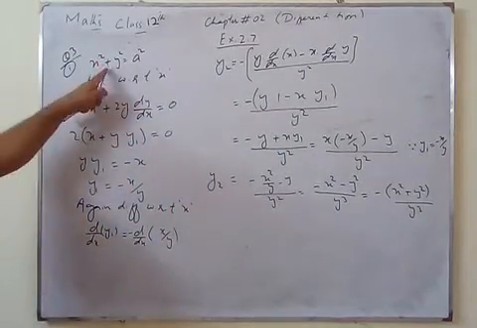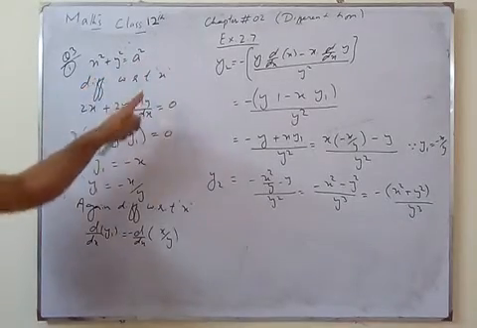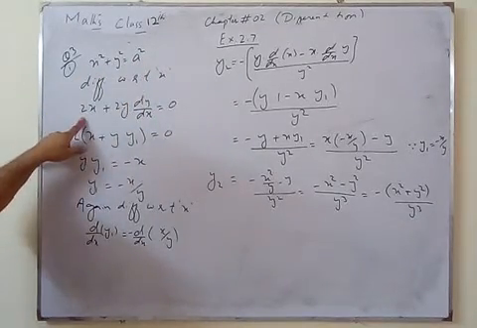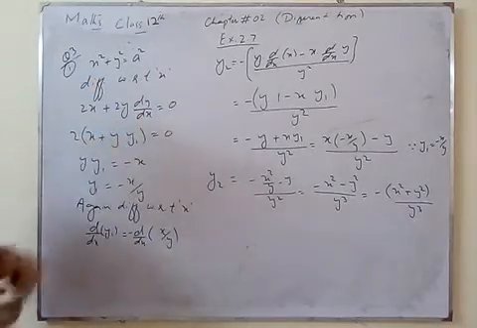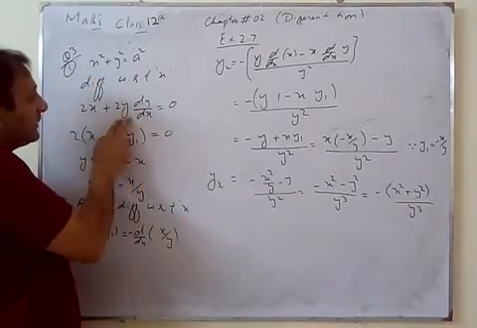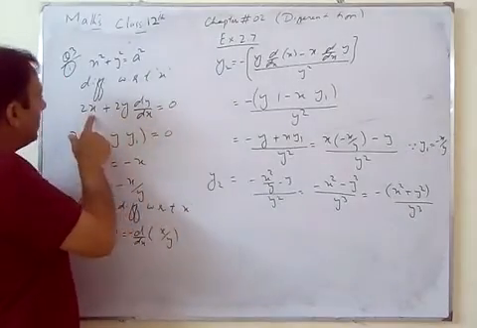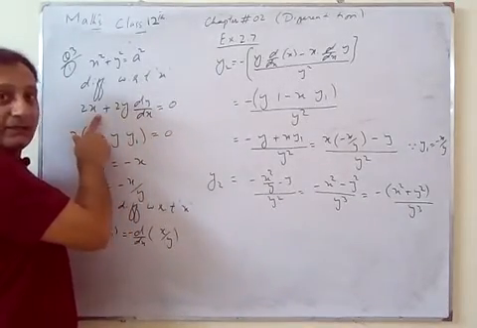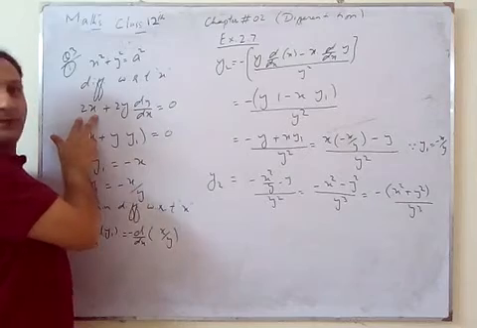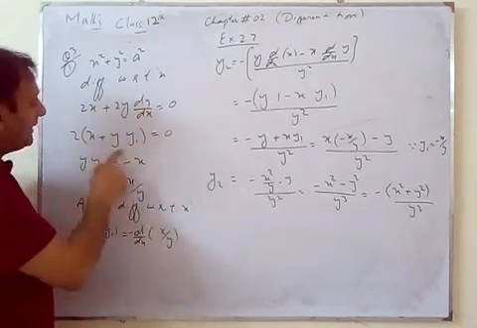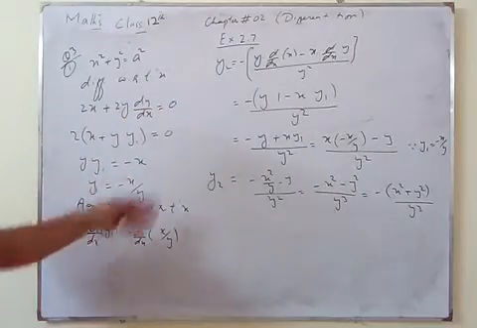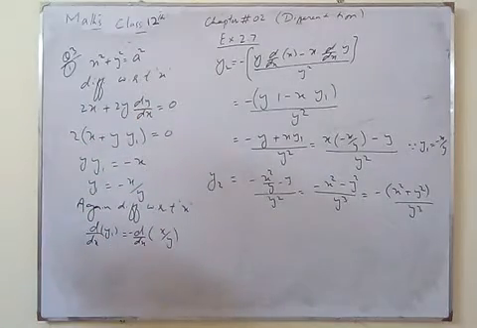So the first derivative of x square plus y square is equal to a square. Take the derivative of x square, that is 2x, y square is 2y, and dy by dx. Why are we taking dy by dx? Because y is a function of x. When we differentiate x, that is 1, so there is no need to write 1. Here we have to write the derivative next. So that's why it is y1. And likewise we differentiate the second one.